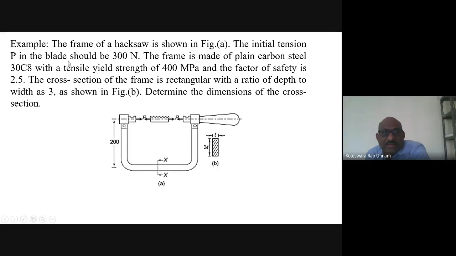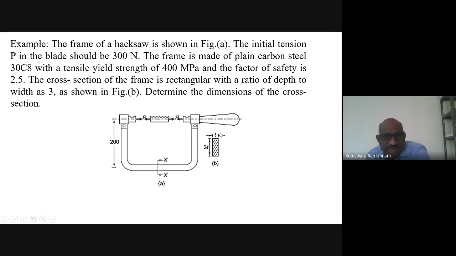The initial tension P in the blade should be 300 newtons. The frame is made of plain carbon steel, that is C8, with a tensile yield strength of 400 MPa, and the factor of safety is 2.5. The cross section of the frame is rectangular with a ratio of depth to width as 3,